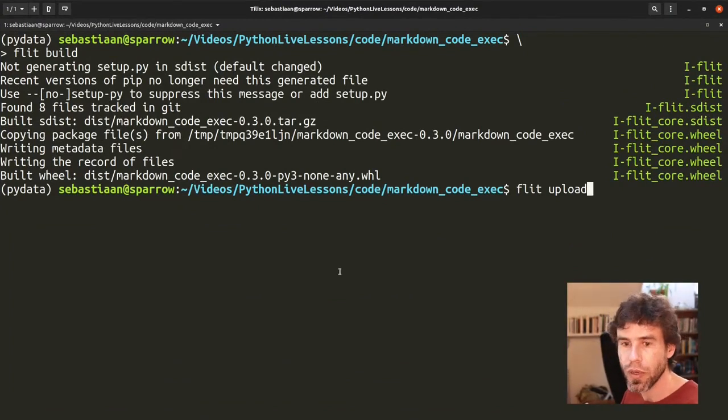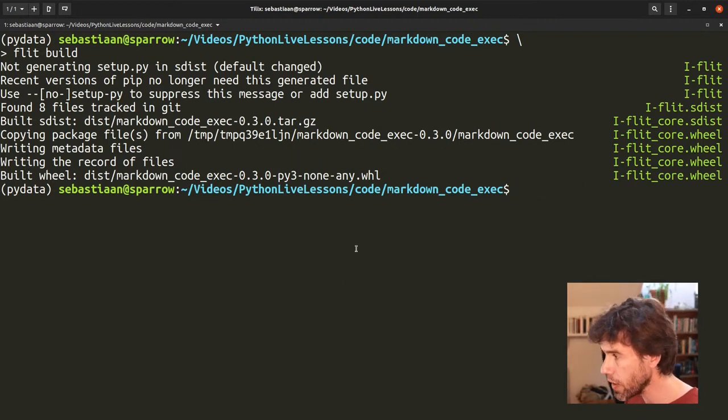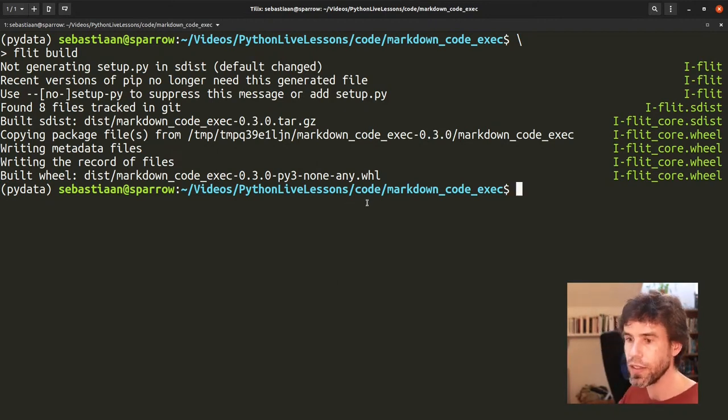But of course, there is no black magic involved. You need to undertake a few steps before you can upload something to PyPI. The first step is to create an account on PyPI. I have done so. And it's very easy, it's free, and you just create an account on PyPI, and then you have a username and you have a password. That's how easy it is. Then